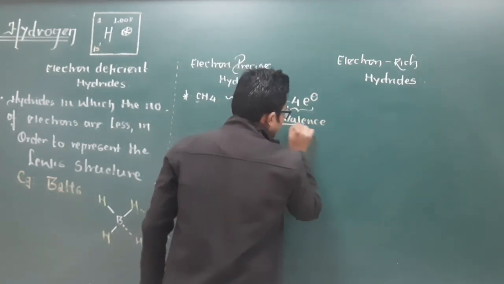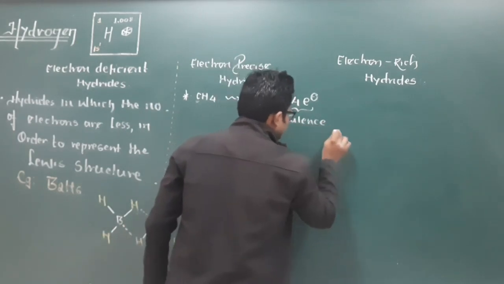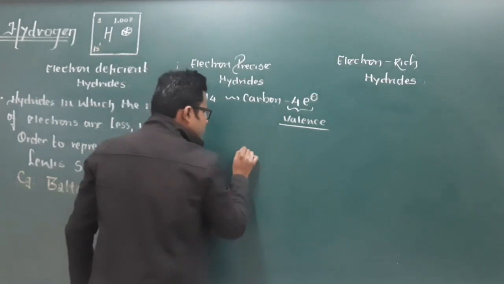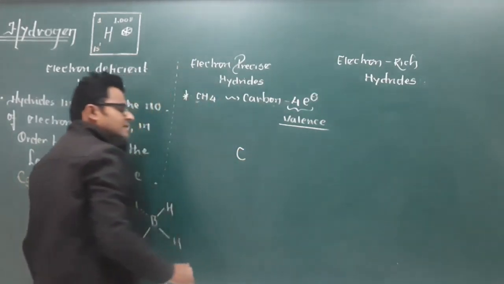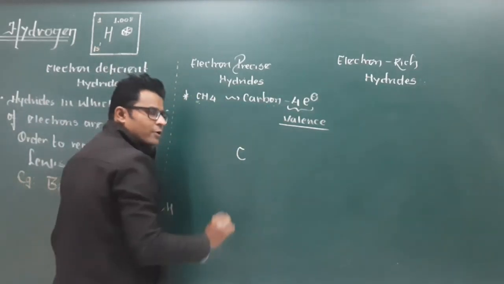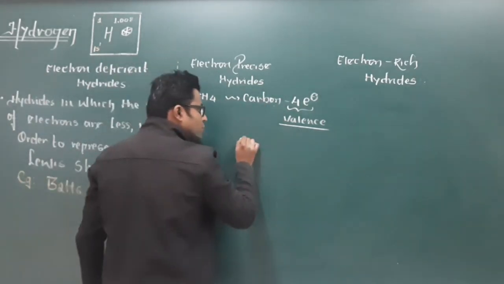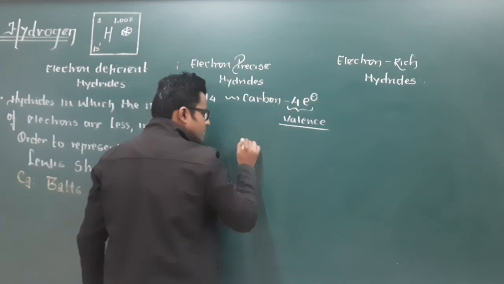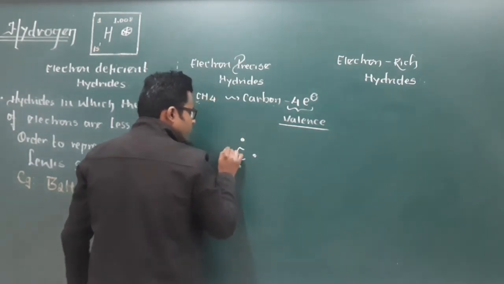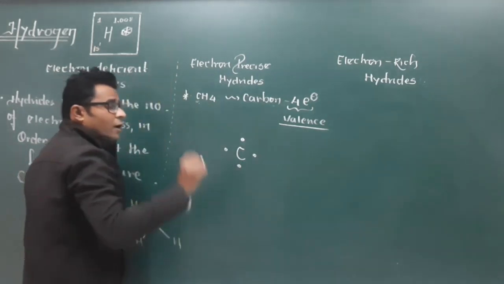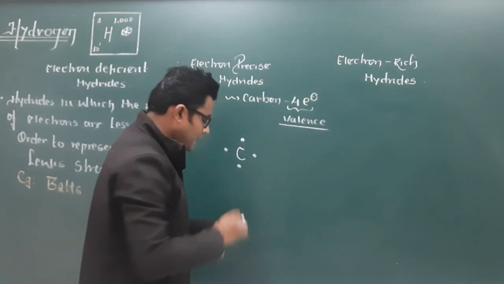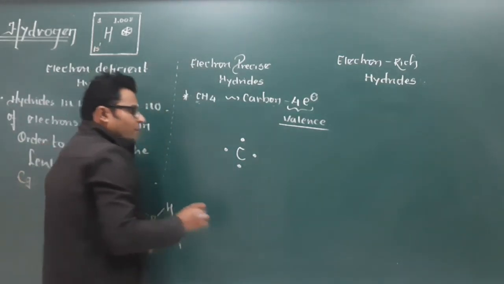Okay, that means we are going to use these 4 electrons. So a Lewis structure is drawn something like this. This is a carbon and we just represent the valence electrons. So how many valence electrons do we have? 1, 2, 3, 4. Here it is 4, right? Now these 4 electrons